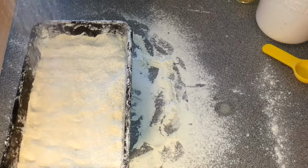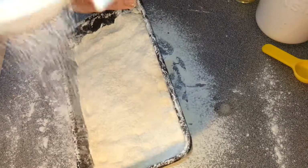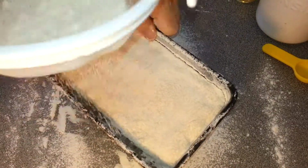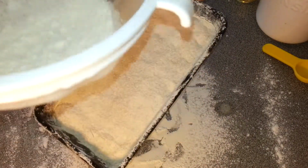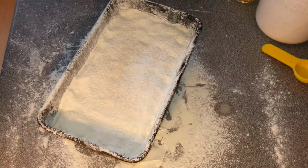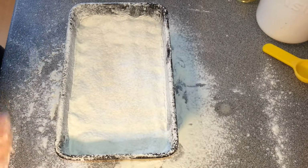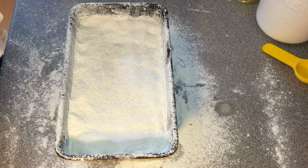Sprinkle a bit more flour on top because I don't want it sticking to anything, and particularly along the sides. I'd rather have a bit too much flour because it's easy to get rid of later when you bring it out. It's not really a problem. Whereas if you don't have enough flour, you'll never get it out of the bread tin, and it will be a problem. So I'm going to put it in an oven which I've preheated